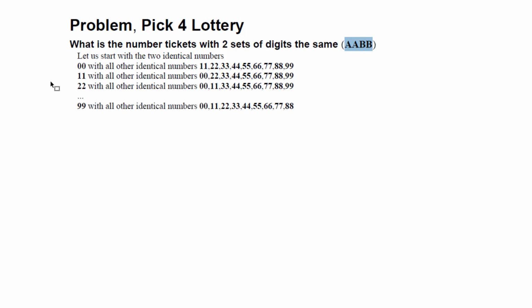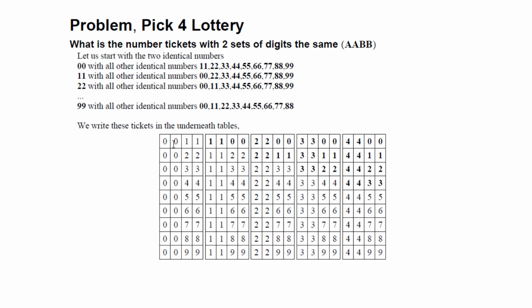AABB? So to do that, we start with two identical items 00, and we combine them with the rest of the identical items, which is 11, 22 until 99, and then we start with the two identical items 11 and we combine them with the rest, and we end with two identical items, which is 99, and we combine them with the rest. So here we have conducted this combination,